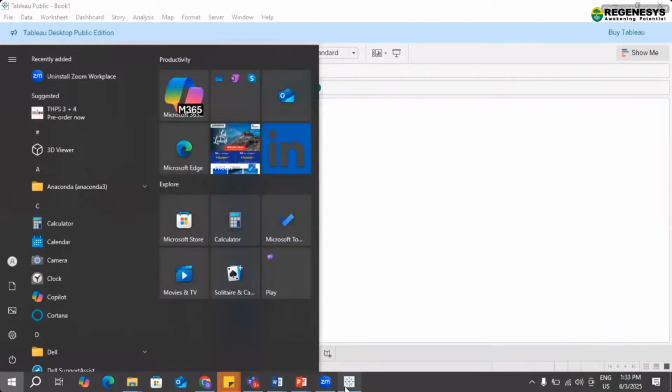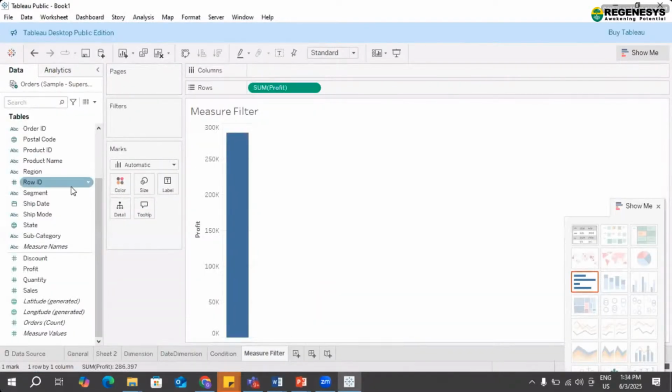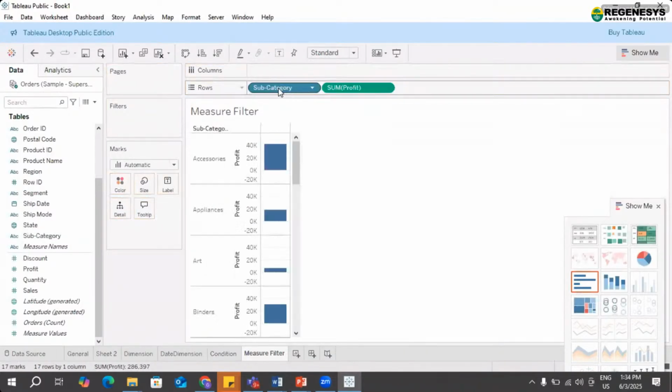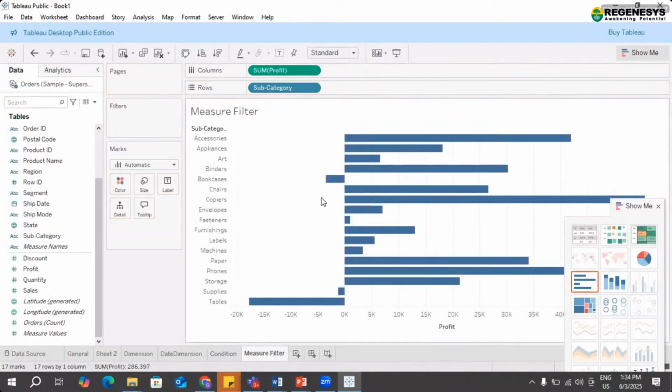Okay. And with this profit field, if I want to apply the filters for subcategory, and this is the profit. Okay, now you can see the values how I'm getting it. Subcategories, and I'm taking it in the profit.